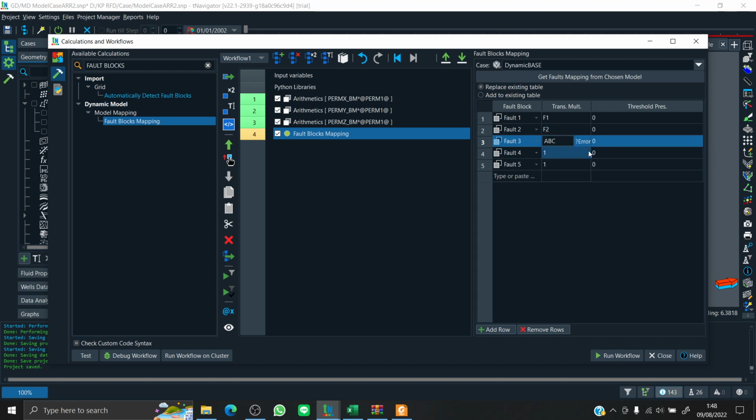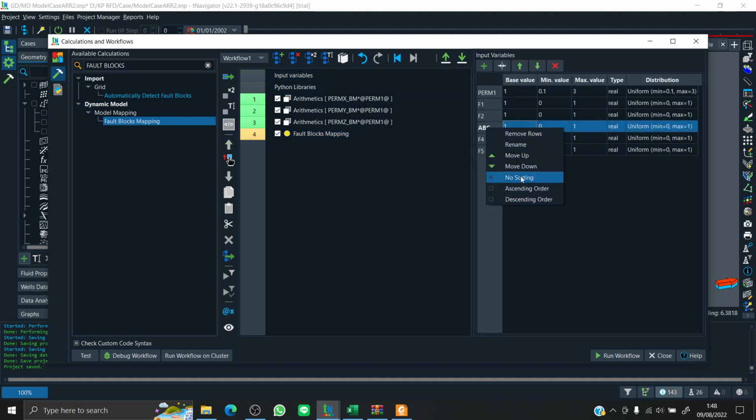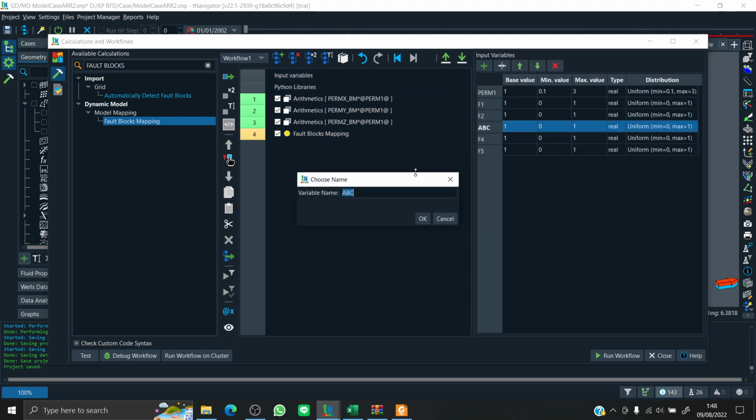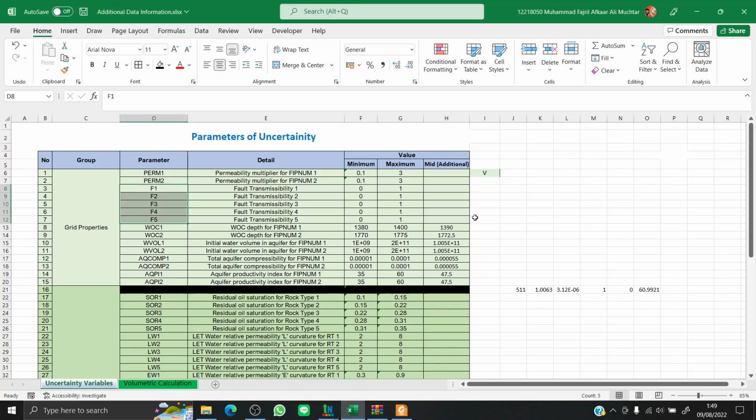So you can see here, yeah, if you input ABC, it reads the input variable ABC. So we're just gonna rename it again to F3 and do everything to F5. Okay, so that's for the fault. I think that's all.